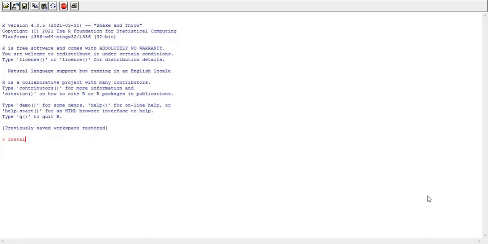First, you can use the install.packages command. It receives one parameter, the name of the package that we want to install. Here we want to install the reshape package, so you write install.packages, in brackets the package name reshape, then press enter. This command will install that package from some CRAN mirror.